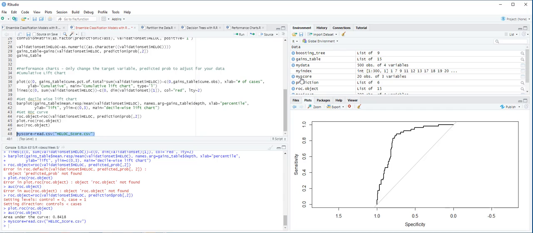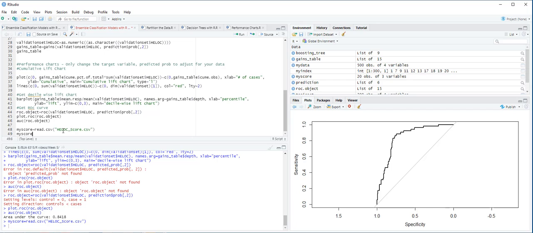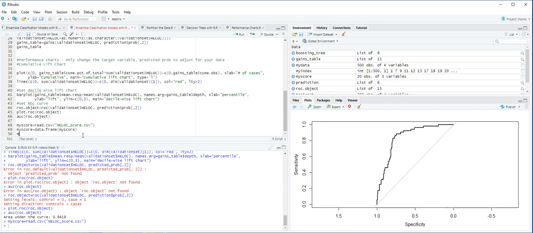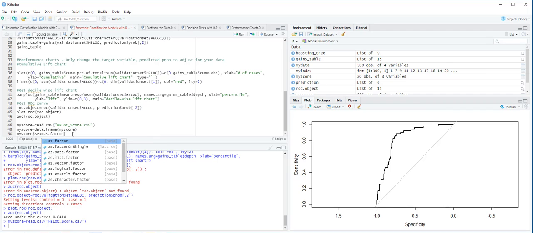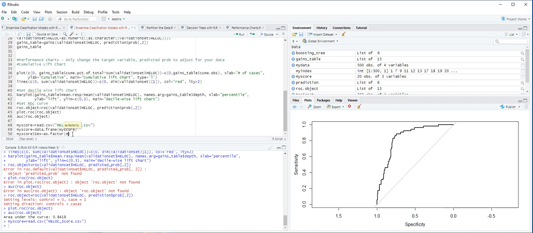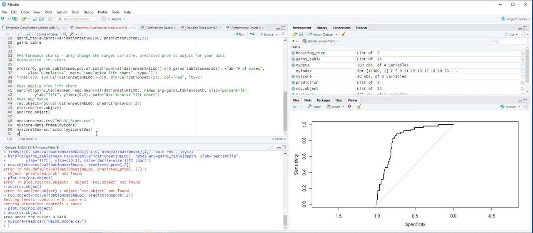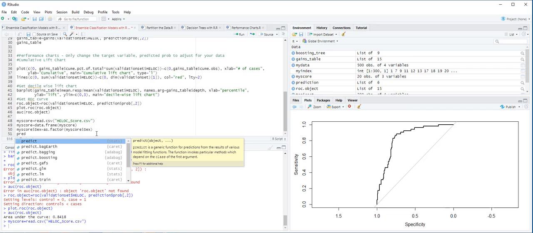Yes, you can see my score data here under the environment pane, and we type myScore is equal to data.frame myScore, and next we choose the myScore sex variable, and that is equal to as.factor in the parentheses myScore sex variable,